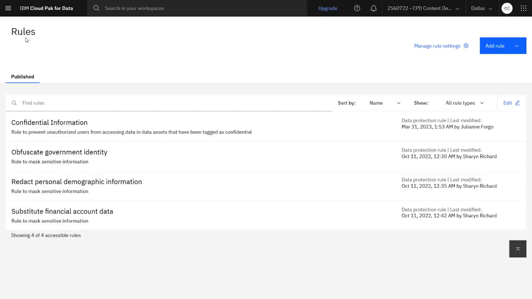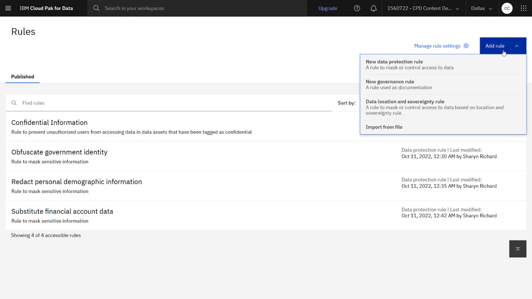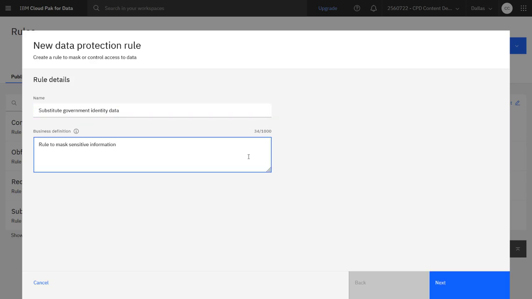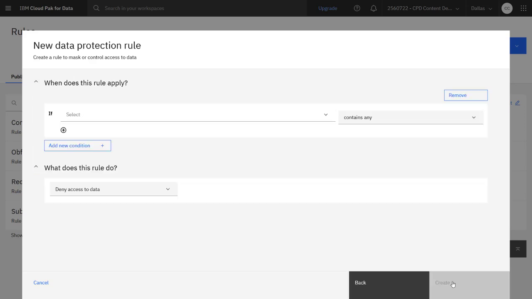Navigate to the Rules section where you can define a rule to mask data. There are 2 types of rules: data protection rules and governance rules. While data protection rules do not need to be associated with a particular policy to be in effect, governance rules do need to be associated with a policy. In this case, it will be a data protection rule. Rules need a name and business definition. The business definition is important because it describes the rule in plain language and helps users find the rule through search. Then specify the criteria made up of business terms,